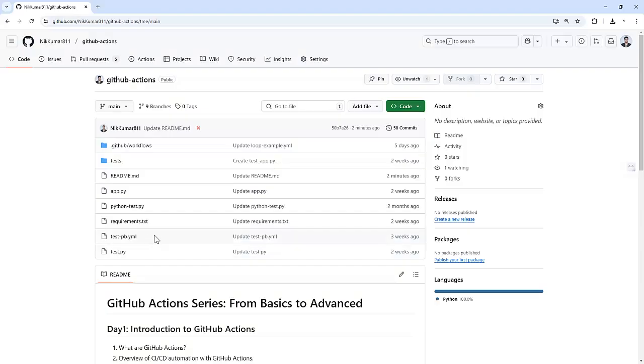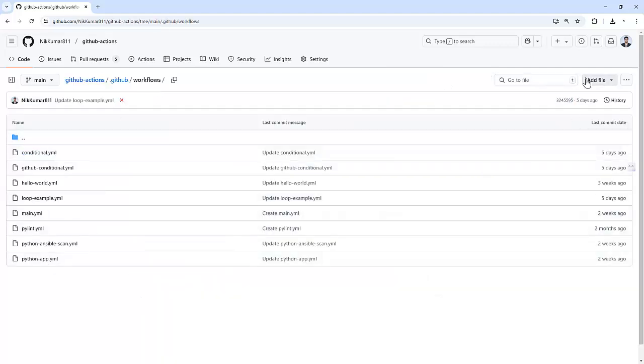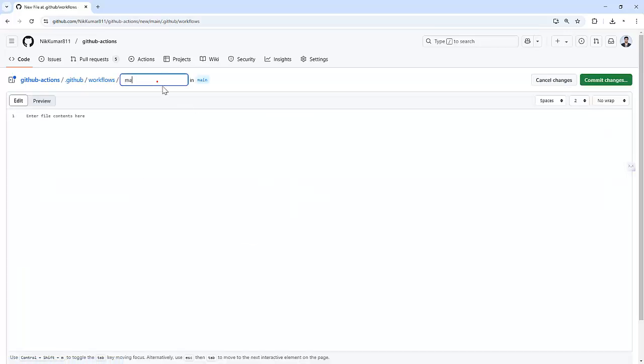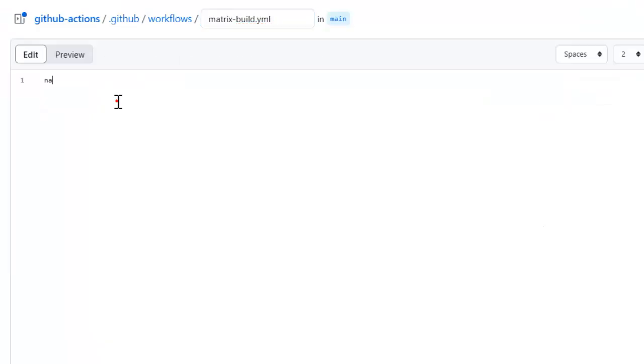Let's say we have a Python project and we want to test it on 3 Python versions, that is 3.7, 3.8 and 3.9. So let me create one workflow in the GitHub Actions directory and I'm giving it the name matrix-build.yml. So let's give the name matrix build and it will be running on the push event. So let's start defining the jobs. For the job name, I'm giving test here and it will be running on our